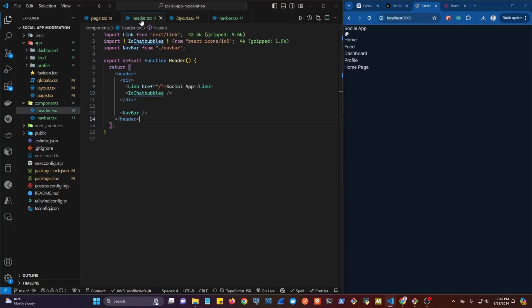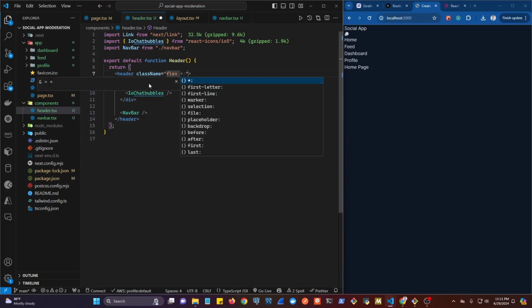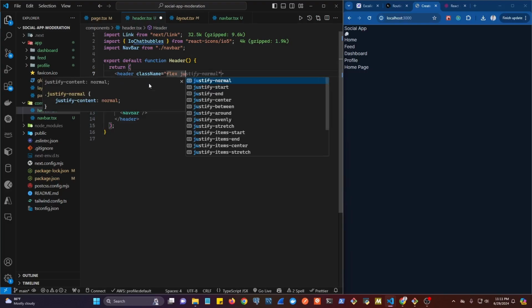So let's go back to the header and let's do a little bit of styling on this video so we can have a better looking app. So in the header here, we're going to add a couple of classes. If you want to follow along with the same CSS, follow in here. So let's make the header a flex container. Let's add justify